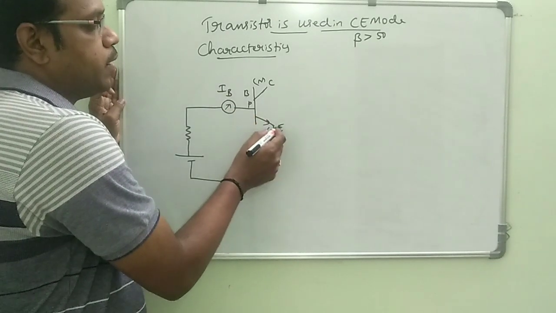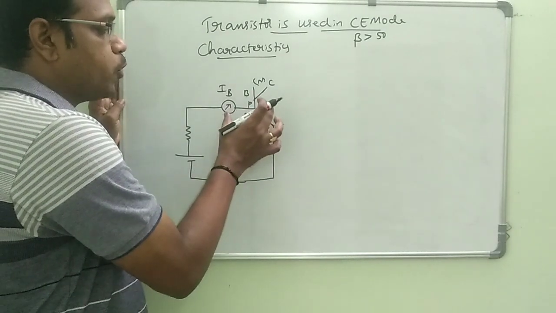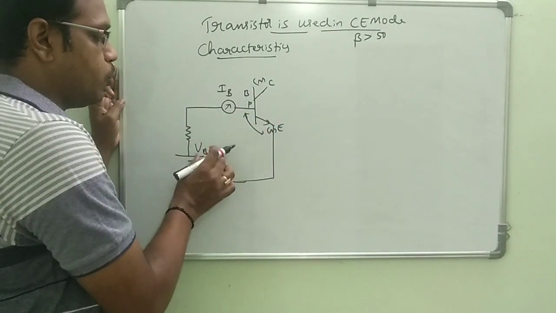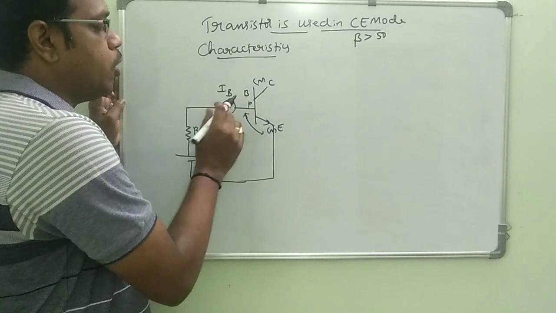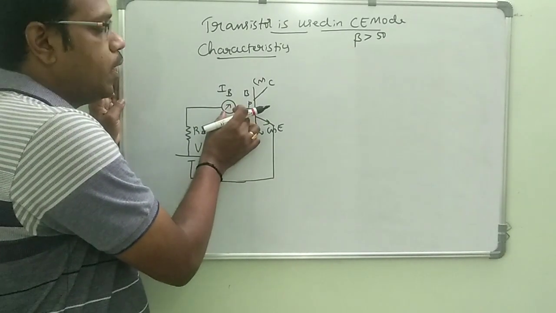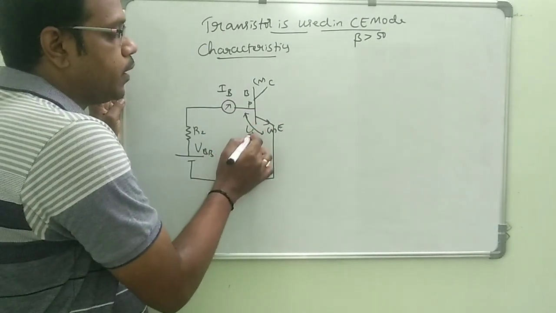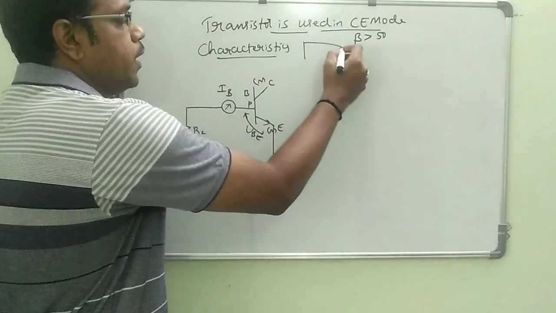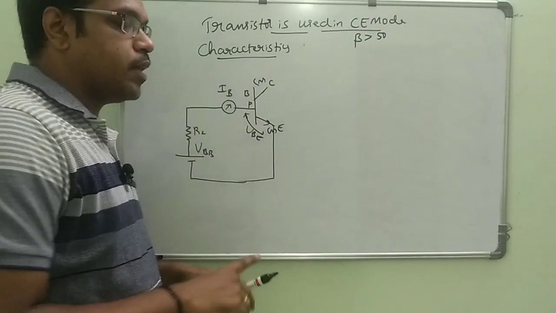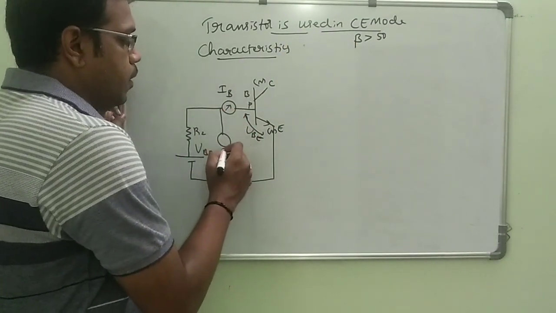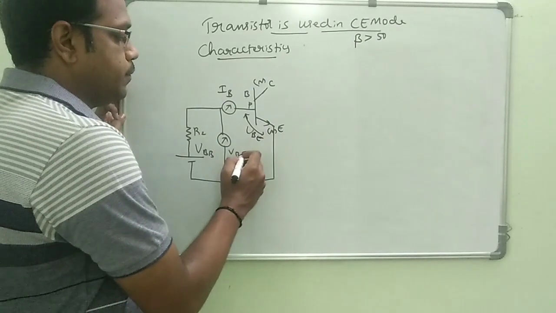Between base and emitter, there will be a junction. To measure the junction potential, suppose this is resistance R2, when I give voltage to the base, we can see how much current is going into the base, and how much potential drop there is in this VBE, that is the first junction of the NPN. You can see the earlier diagrams. So to measure this VBE, I have to keep one voltmeter.